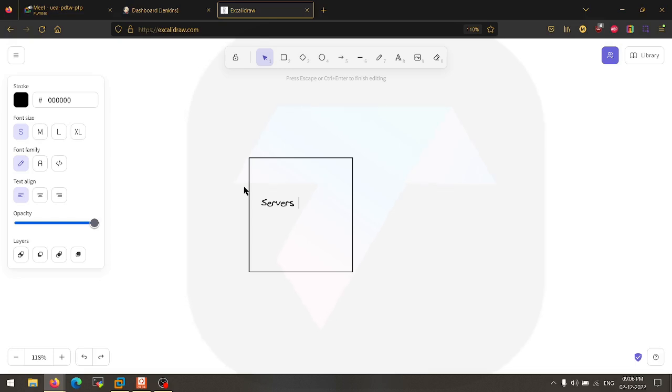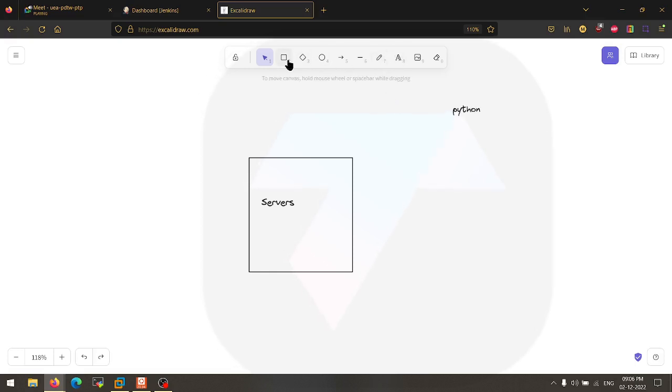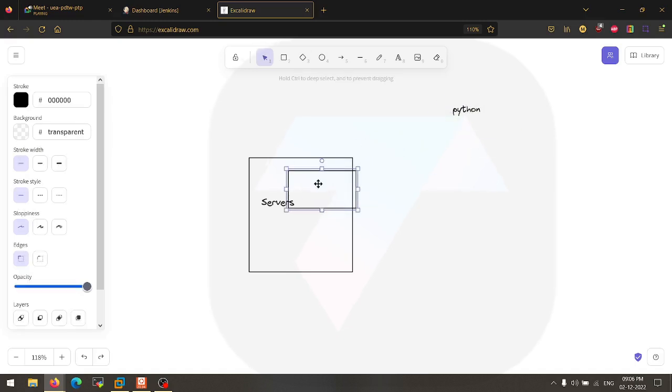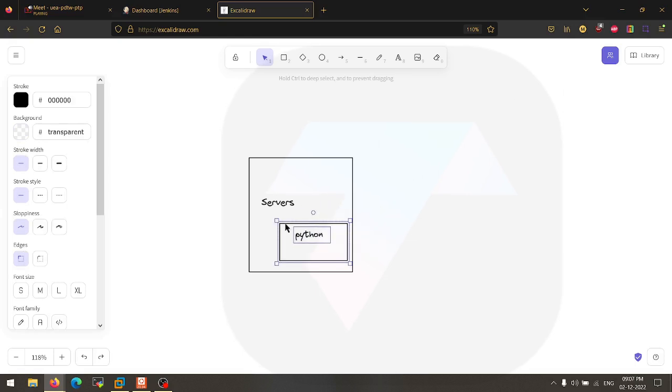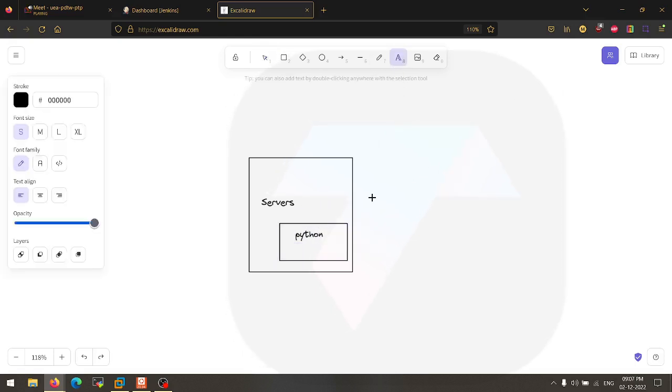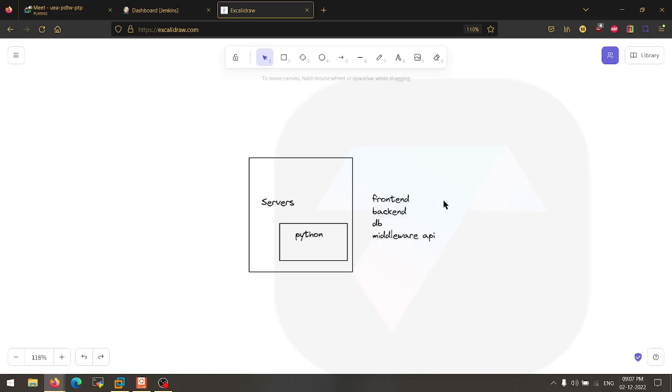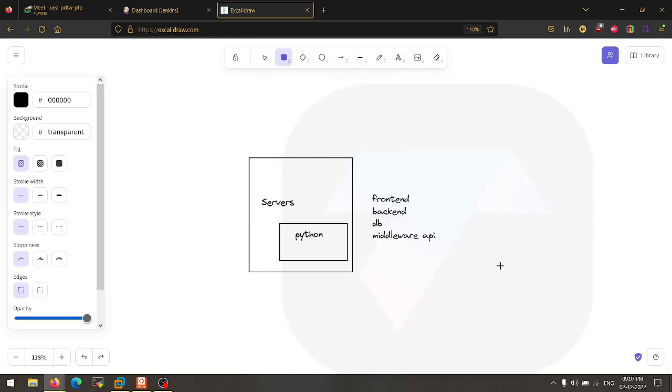Now, when we talk about the older approach, in which we were deploying the application directly on a server, the single application. Like for example, I have an application built on Python, okay, and I'm deploying this application directly on the server. Now, as you guys know, every application has few components. Components means the parts of the application: front end, back end, database, and if there is any middleware API for the communication of these stuff. So every application has few components, right?